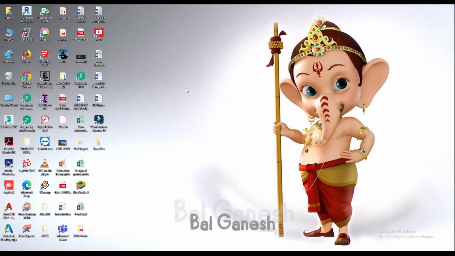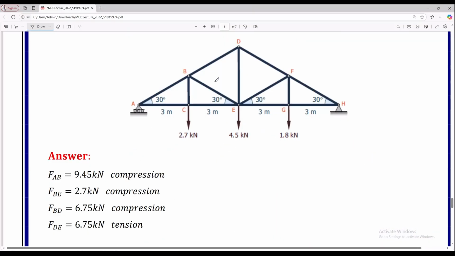Hello viewers, in this class we'll start discussing the truss member. For that I have taken an example. In this picture you can see there is a truss having three concentrated loads acting on three different nodes. One end is roller and another one is simply supported, and after the analysis of the truss, the answers have